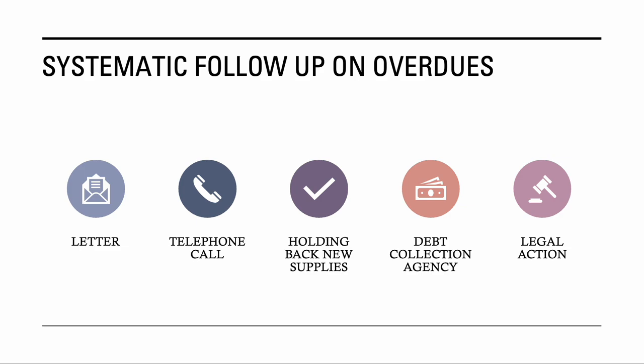I'm just going to pick up the phone and speak to the accounts payable department and say, hello, this is so and so calling from the water bottle company. You bought $1,000 worth of water bottles, which was due to be repaid on the 1st of May, and today is the 20th of May. I sent you a reminder letter. Could you please make me a payment as soon as possible? That's a second approach, which is quite effective. And the third way is